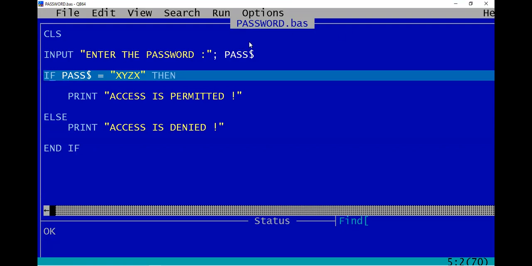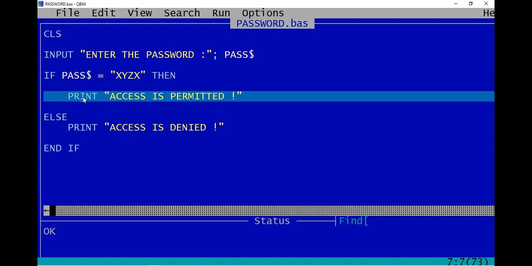That means in this statement, password equal to xyzx, if you assign the value xyzx, and if this value is matched with the password variable, then this statement will be true, and only then you will get the print statement, that is access is permitted.